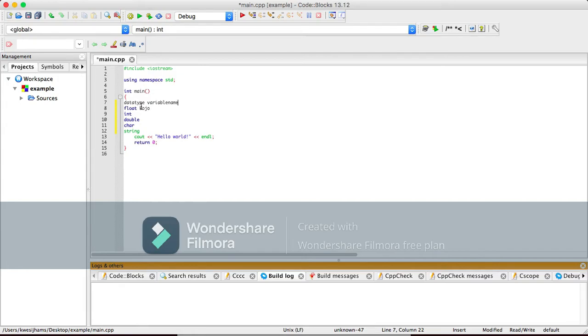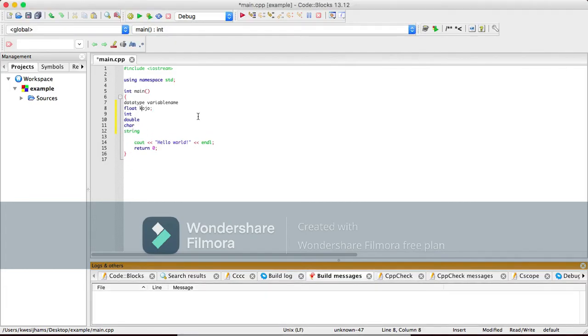This is the syntax of it. When you are declaring a variable, the data type comes first, then a variable name. So as we already said, we have these kinds of data types. We have float, int, double, character, and string. And for the variable name, we have